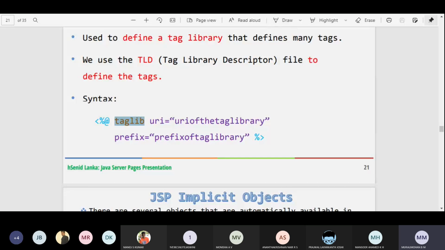We are having 5 types of tags: scriptlet tag, expression tag, comment tag, directive tag, declaration tag, right? Based on the changes, you give one syntax and an example. Okay, clear?